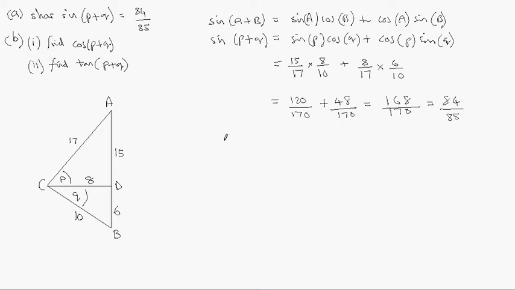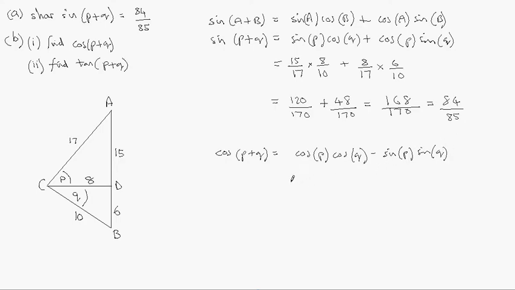Part B, we can use a similar approach where, again using the formula sheet, we would see that cosine of p plus q is equal to cosine p times cosine q minus sine p sine q,